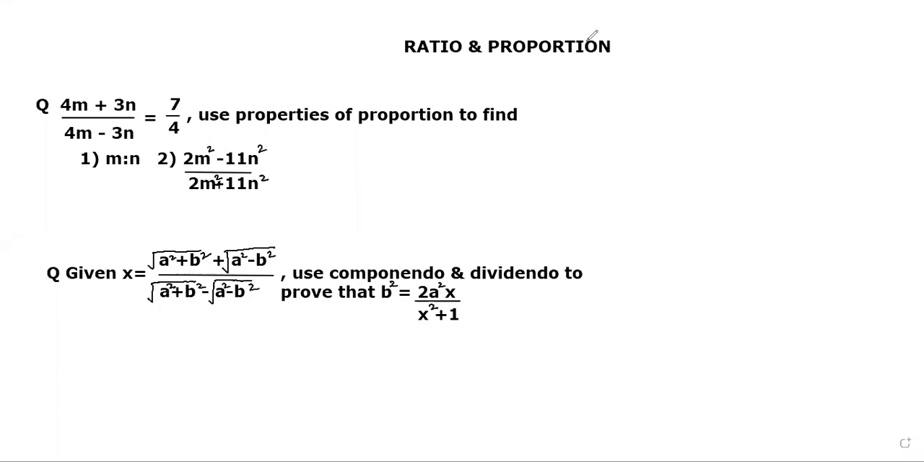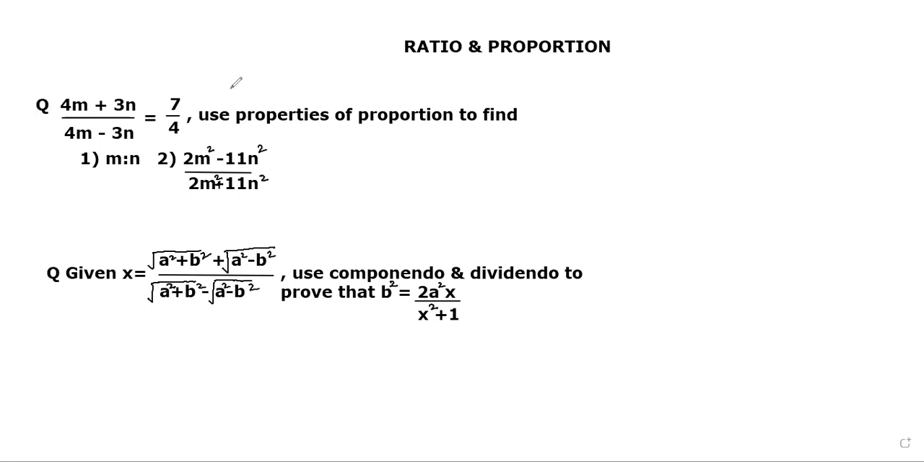Hello students, so we continue with the chapter ratio and proportion, and in the last video we had spoken about proportion and the properties of the proportion. I hope you went through, and today we are going to solve these two sums to bring some better clarity